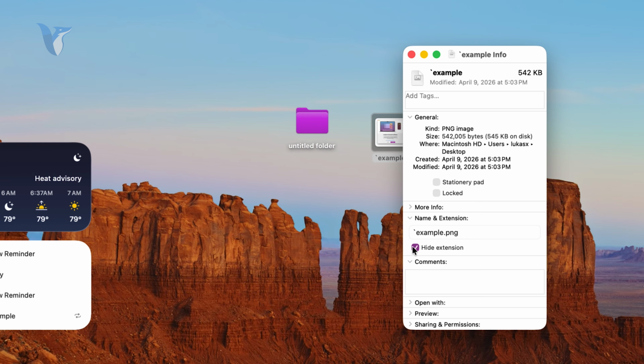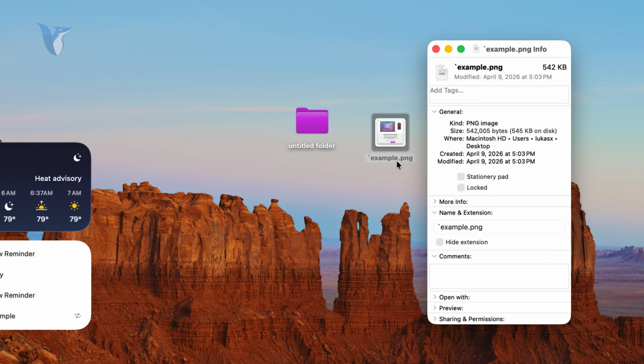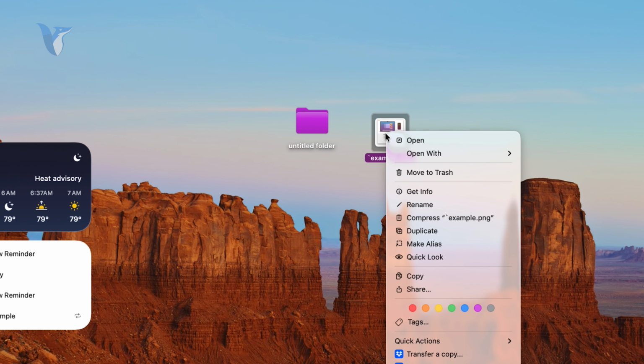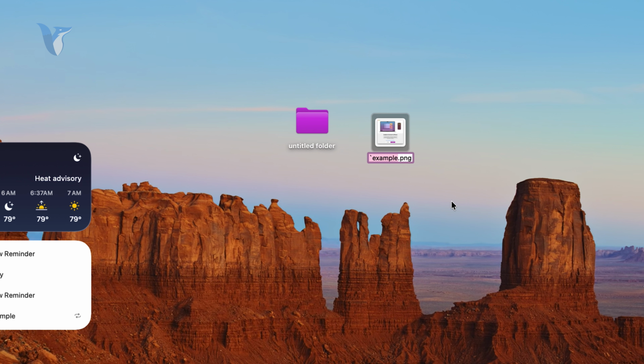So what we need to do is to unhide it like this. And as you can see, the name already contains the extension in there. So it's example.png. And now we can close the information window like that. And now if we rename it, we are not only renaming the actual name, but we can actually change the extension, right? So I can literally rename it from PNG to a JPEG,